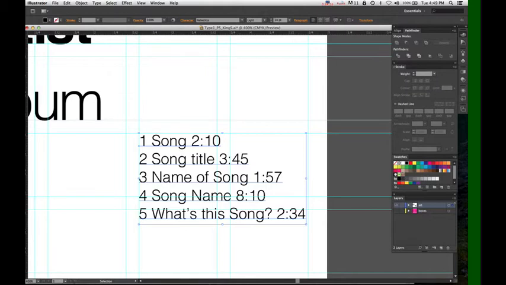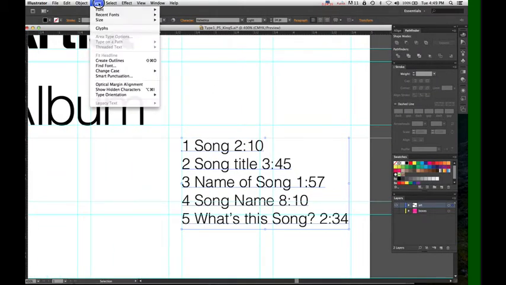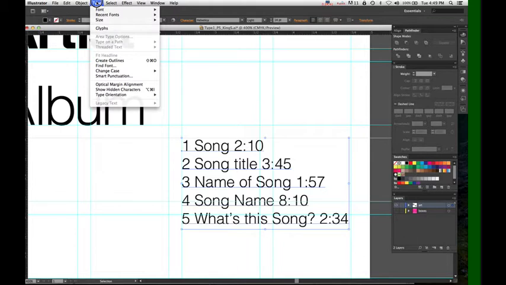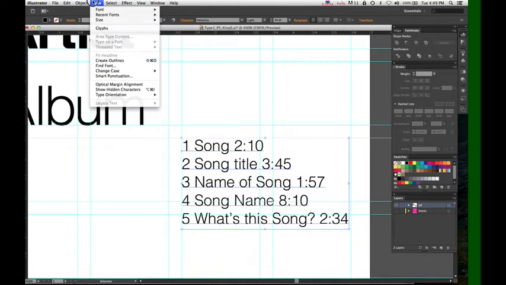And I want to show you some ways to work on aligning these. So I'm going to show you how to use the tabs. And before I do that, I want to show you the invisible items. Right in front of me. All right, so under type,